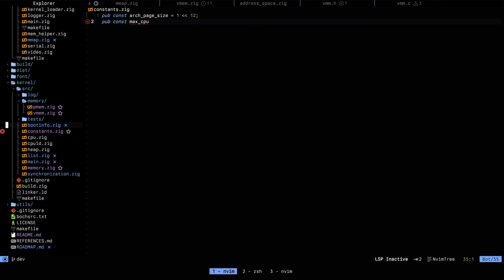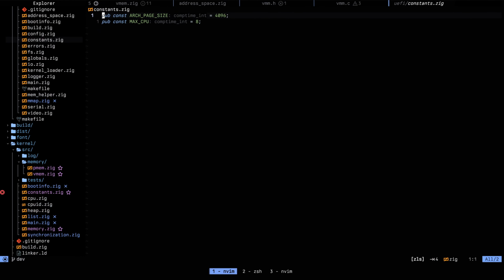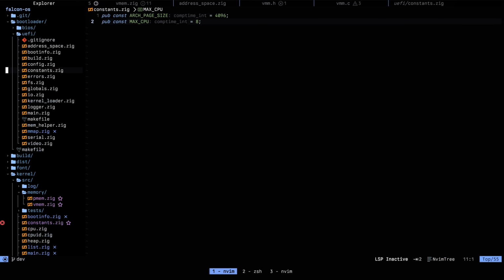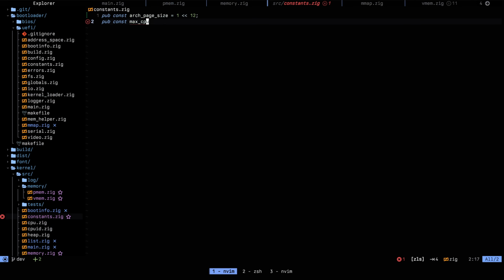Actually, I don't know how we call that here. Max CPU, okay. So let's set it to 8, and I'll need to note, actually this needs to be a to do because it's fairly critical. Make the max CPU